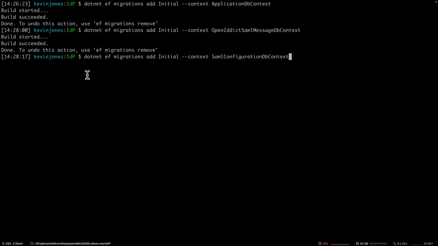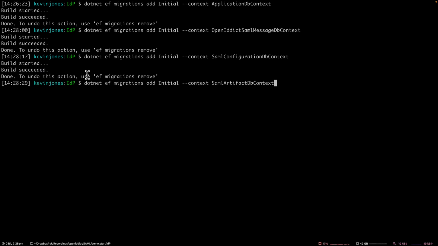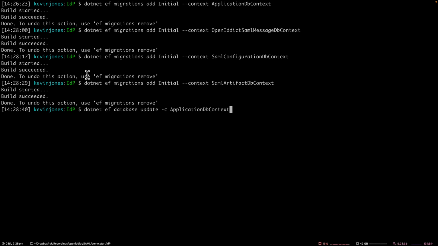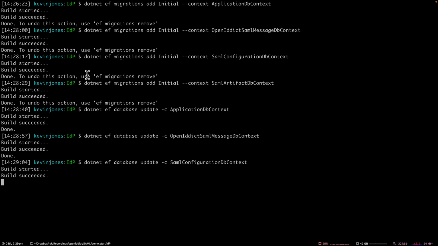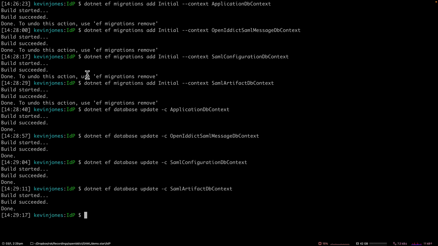There's the SAML configuration DB context, and then the SAML artifact DB context. So with all of those migrations created, I can then run them to update the database. So first of all, the application DB context, the OpenIddict SAML message DB context, the SAML configuration DB context, and the SAML artifact DB context. Now with that in place, there's one more thing I'd like to do before we use the application, and that's